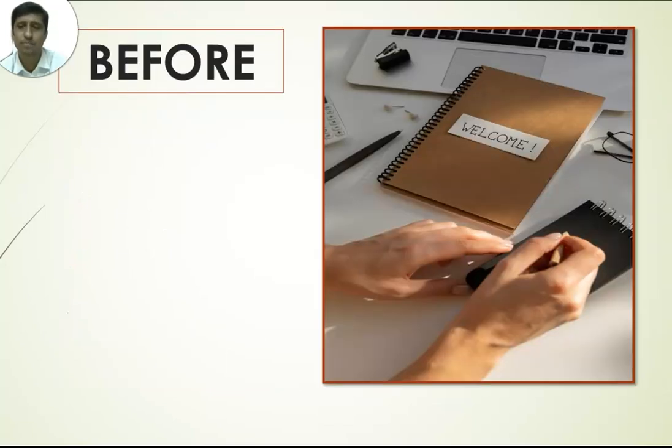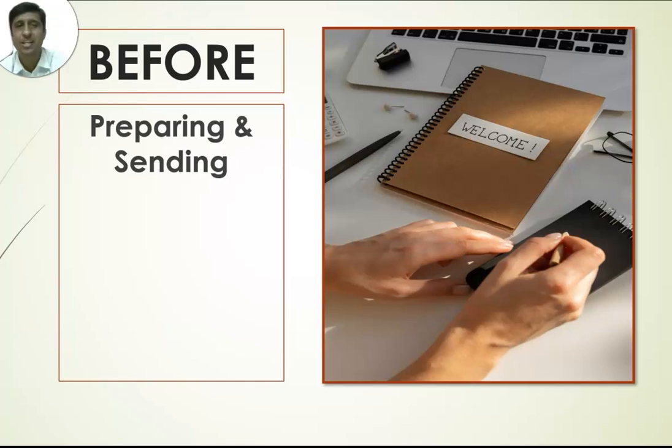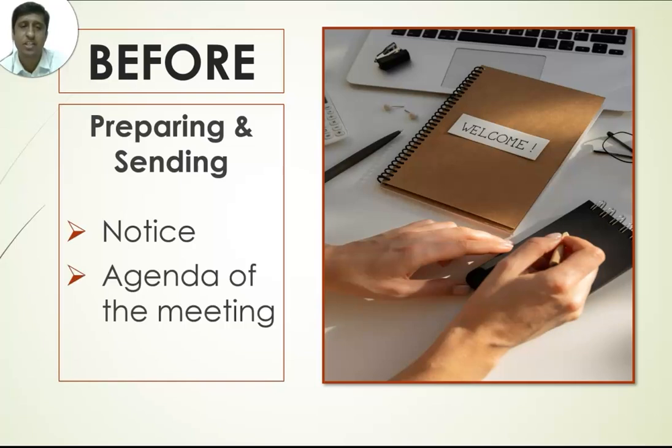What's your second job? Now you have to call people. What is that piece of paper called through which you invite people to attend your meeting? Yes, you should be calling it a notice, and along with the notice, you should also send the list of items you are going to discuss at the meeting, and that's nothing else but the agenda. So you are supposed to prepare and send two different things, and they are the notice and agenda of the meeting.